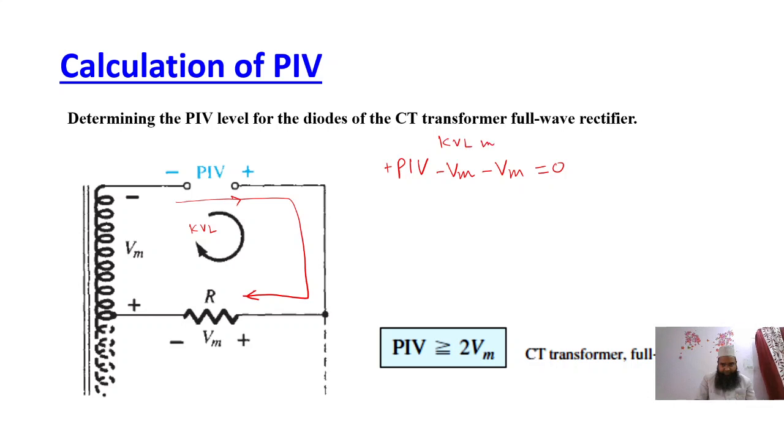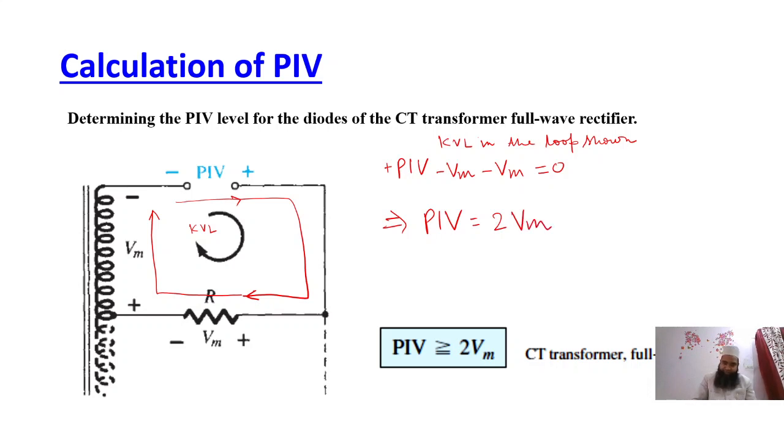KVL in the loop shown, that is in this loop, we can take PIV equal to